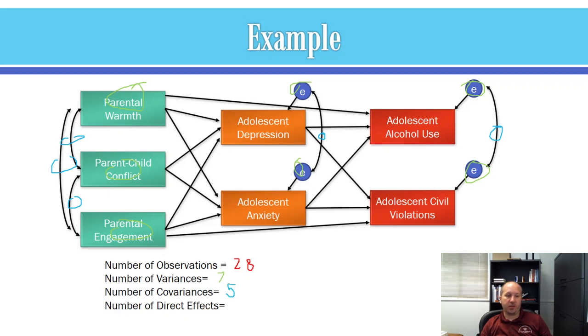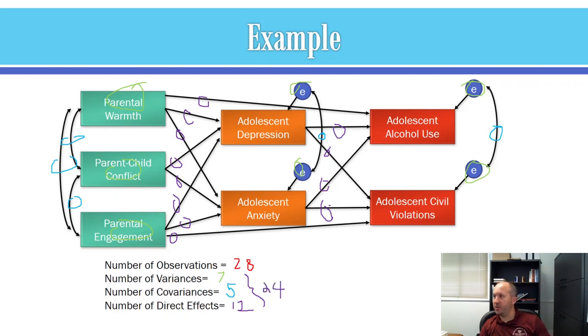And then our total number of direct effects. Again, that's our single-headed arrow, not including our residuals. So in this model, we have 1, 2, 3, 4, 5, 6, 7, 8, 9, 10, 11, 12. So we have a total of 12 direct effects. So if we add these up, that gives us 7 plus 5 is 12, plus 12 is